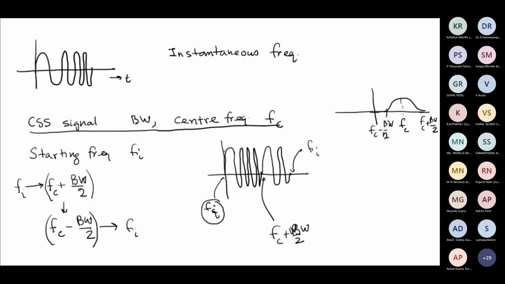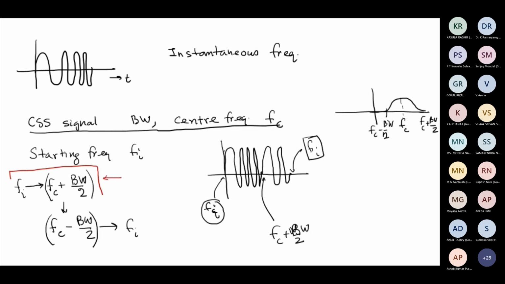From there we will start increasing the frequency again until we reach an instantaneous frequency of Fi, which happens to be our starting frequency. So if we see the total range of frequencies that this CSS signal traversed, it should turn out to be exactly equal to Bw, which can be easily verified because over this range